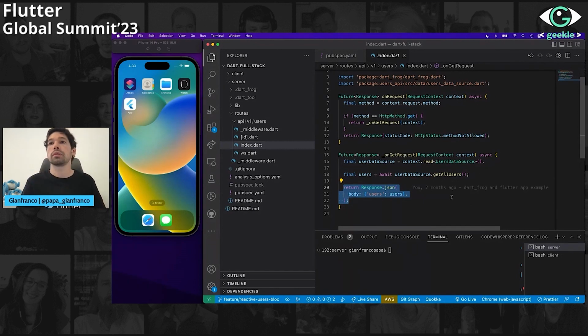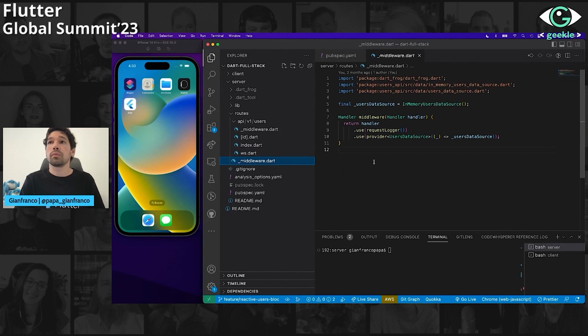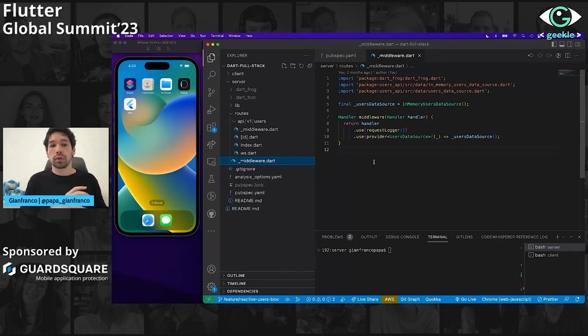So it's really simple. And then what we need to explain is, what is this data source, right? So basically, this is another concept that we were talking about before, that is the concept of middlewares. So in here, what we have is a users data source that can be anything. In this case, it's an in-memory users data source.